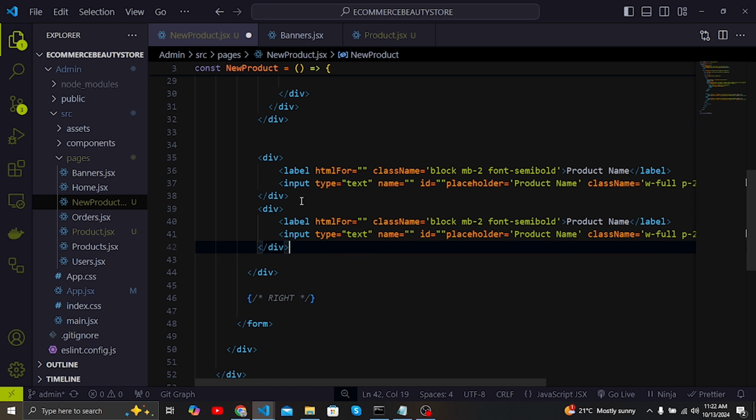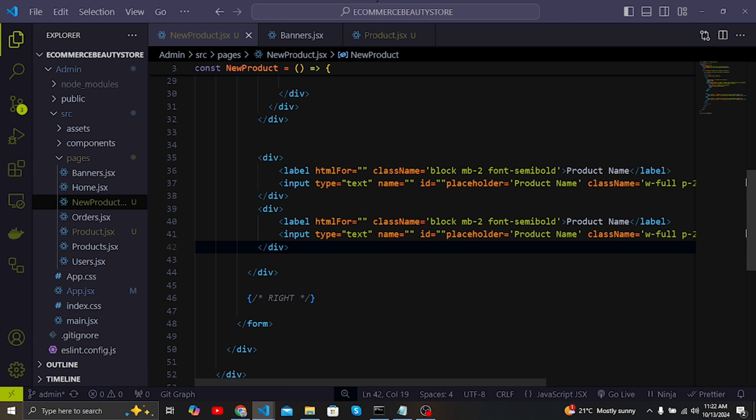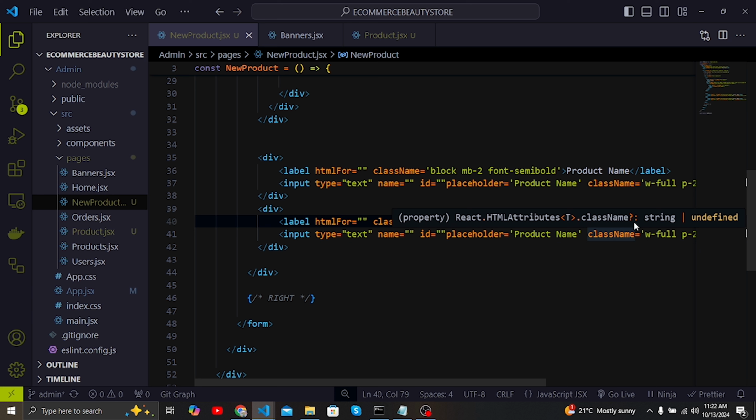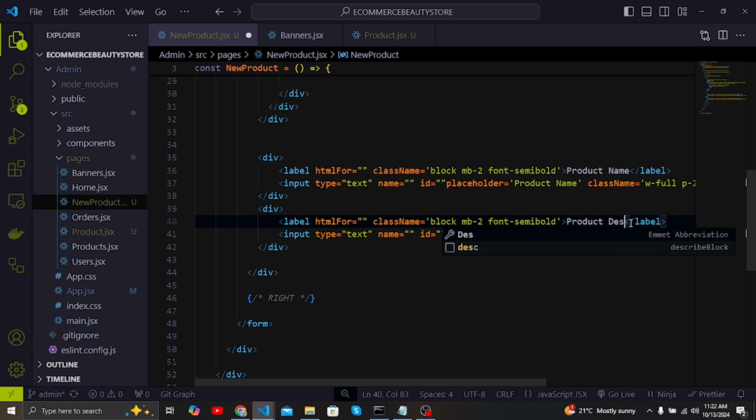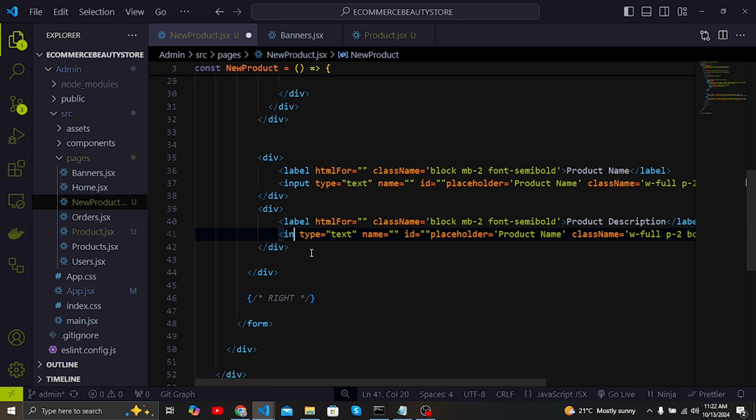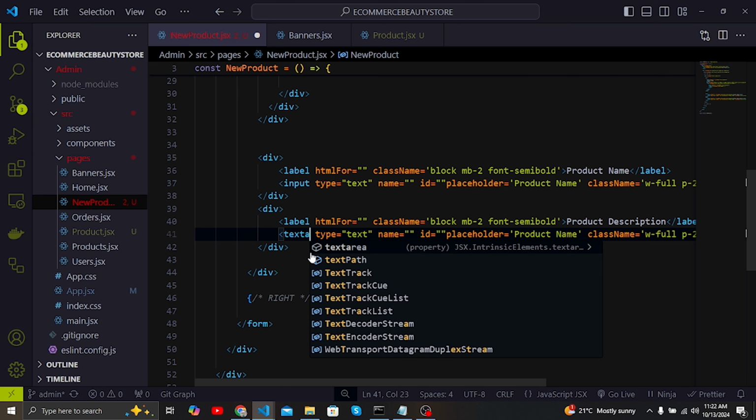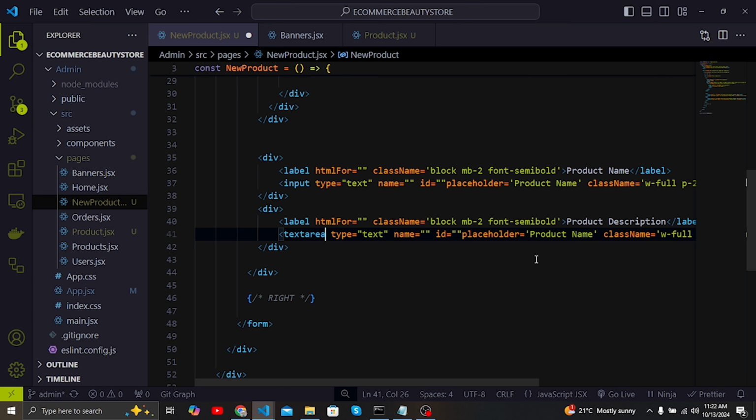And for this one, after the product name we are going to have a product description, like that. And this one now will be just a textarea, it won't be like text. So this one will be product description,